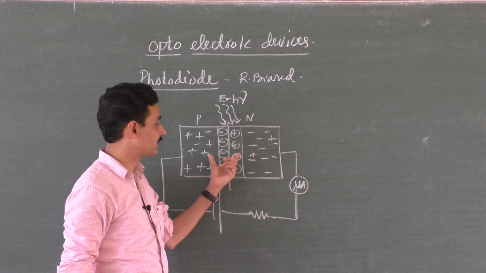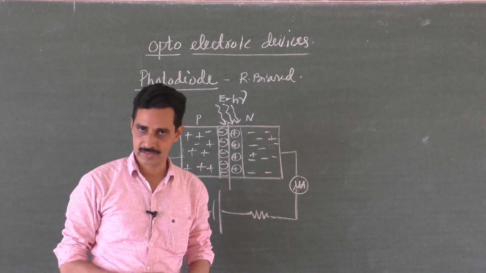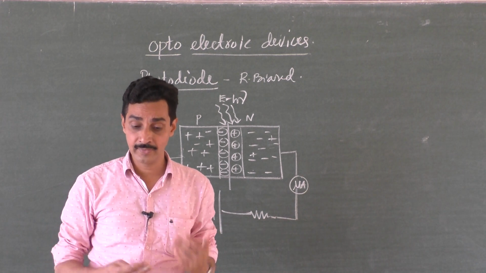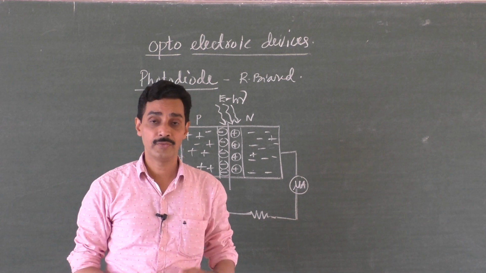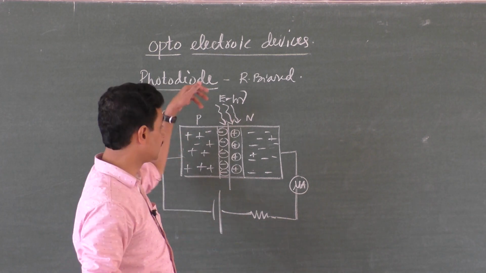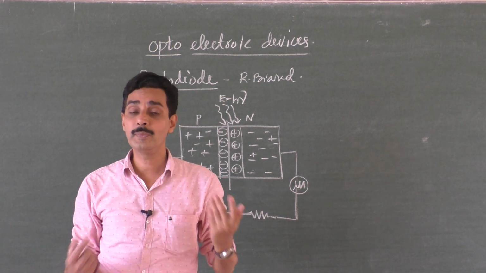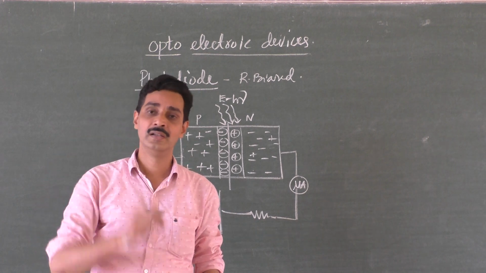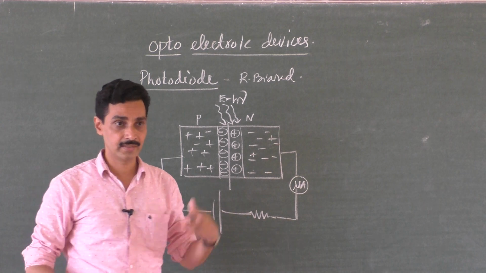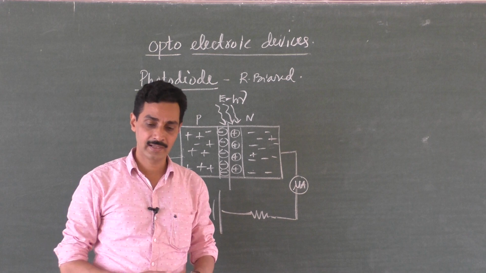These electron hole pairs will move across the junction, and that creates more current in the reverse bias. That extra current, that means the reverse biased total current produced. Of course you know that reverse biased current is because of minority carriers, it is not larger in number, but when the junction is irradiated with light, more electron hole pairs are created by absorbing the photo energy, that is energy from the light. More electron hole pairs are created, so the current increases.